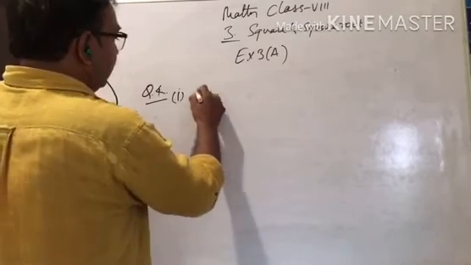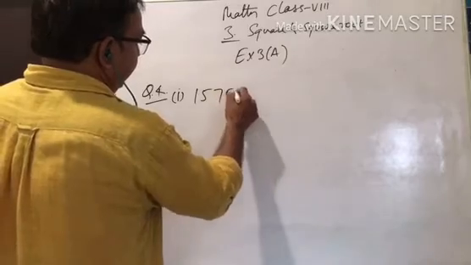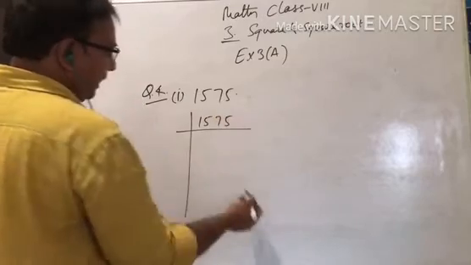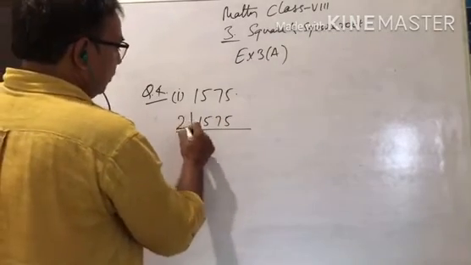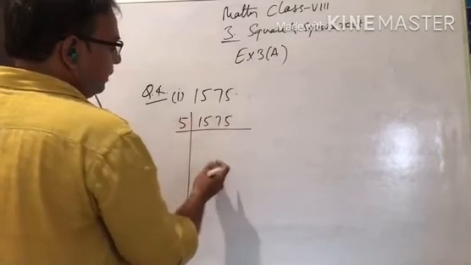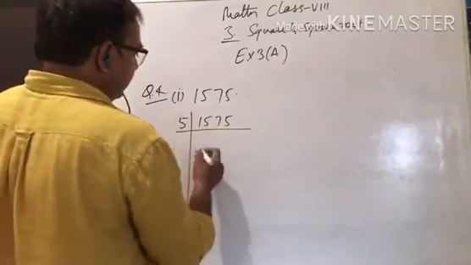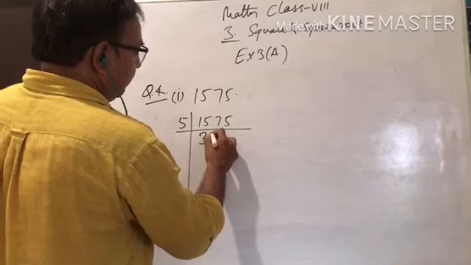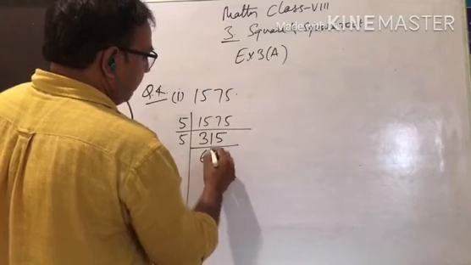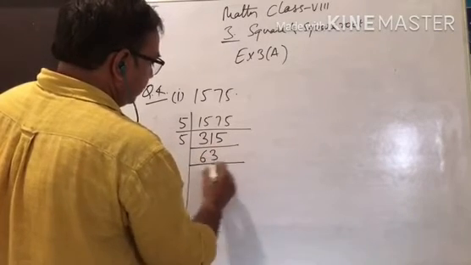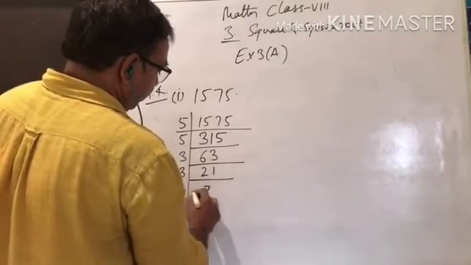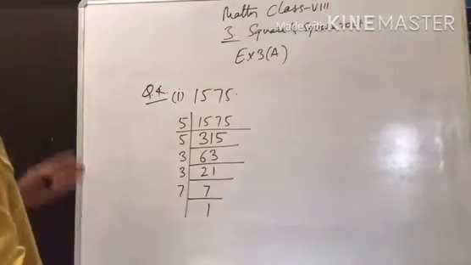It's 1575. The process is the same. You can find the prime factorization. Sorry, not by 2, it's by 5. Or you can do it with 3 also, but you start with 5, it's easier. 5 3s are 15, then 5 1s are 5, and then 5. Then 5 again, 5 6s are 30, 5 3s are 15. Then 3, it becomes 21. Then 3, it becomes 7. Then 7 1s are 7.